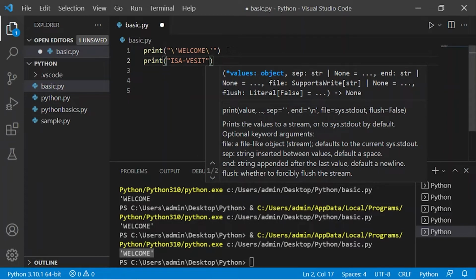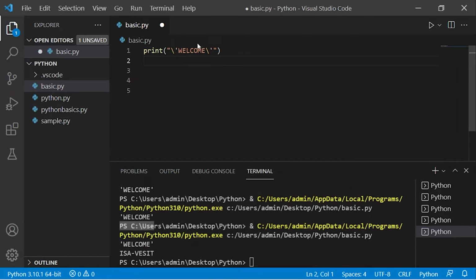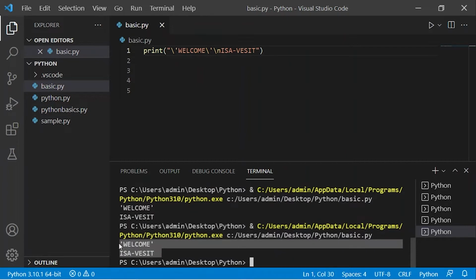So we'll use the backslash n. I'll remove this and I'll add \n with ISA visit. Now I'll run the code. So this is what I get in two different lines.